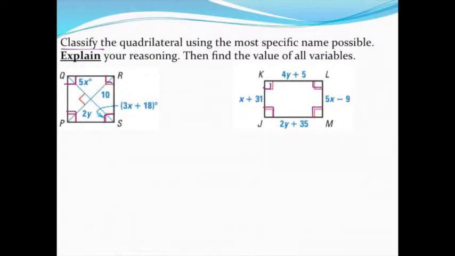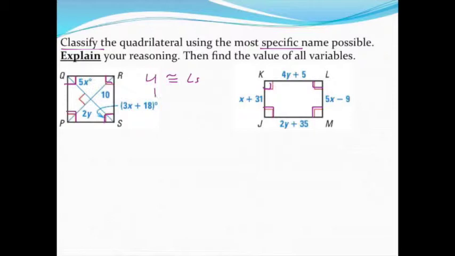Rectangles are the quadrilaterals that have all 4 congruent right angles. So both of these are at least going to be a rectangle. I want to try to be more specific though if I can, and what I notice in the first diagram is that not only do I have 4 right angles, but I've also got diagonals that are perpendicular to each other. So using those 2 pieces of information, the fact that I have 4 congruent right angles,